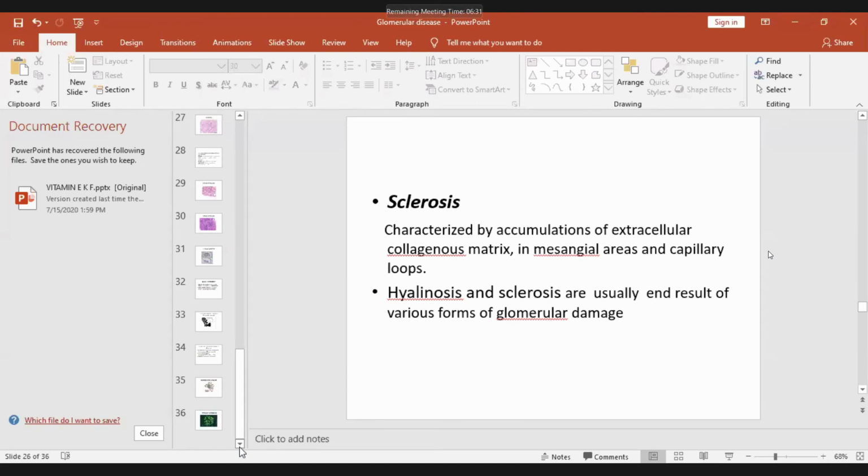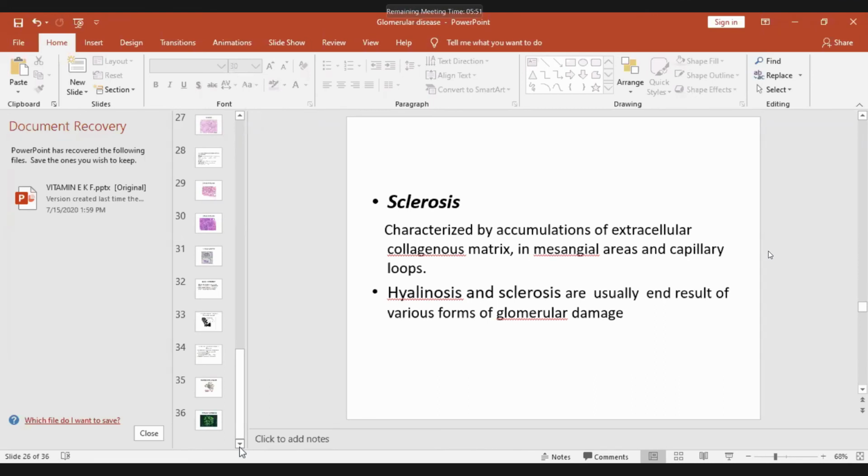And then I told you various morphological abnormalities seen in light microscopy, electron microscopy, and fluorescent microscopy. In electron microscopy, you will find electron dense material in the subepithelial layer, subendothelial layer, intramembranous layer or epimembranous part. I told you what is epimembranous, what is subepithelial, what is subendothelial. Below the endothelium is called subendothelial. Below the epithelium is the basement membrane. Below is the endothelium, outside is the epithelium, and then inside the membrane.